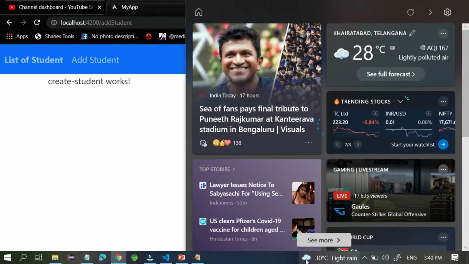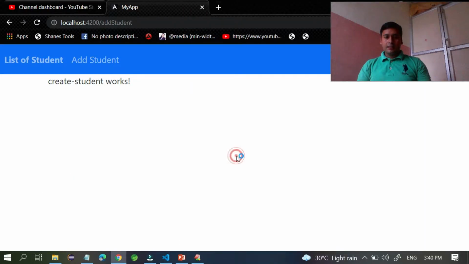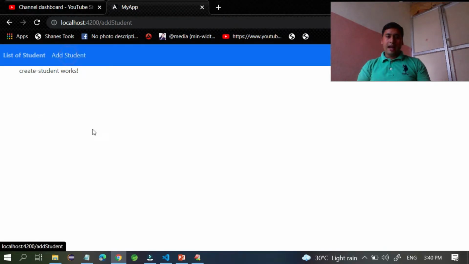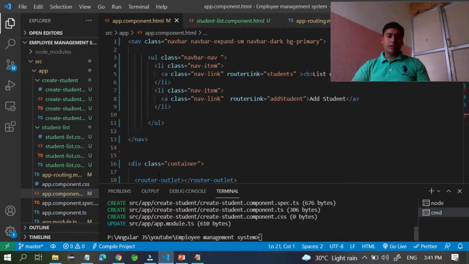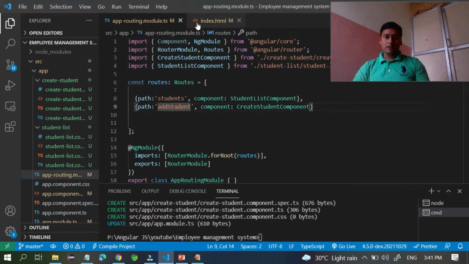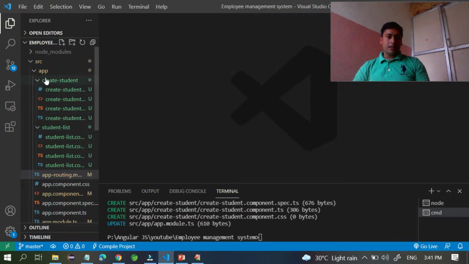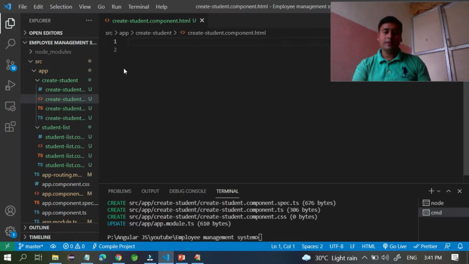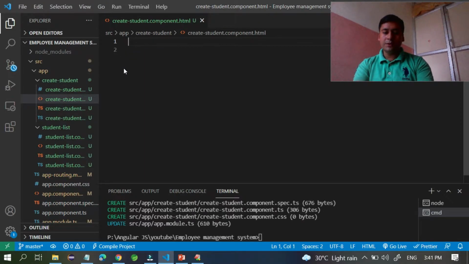So let's start now. First of all we need to go to this page. This is the add a student component. So go to the add a student component, remove this, and now you want one div